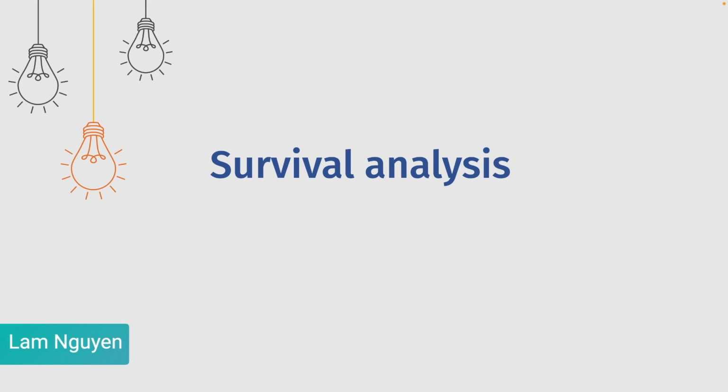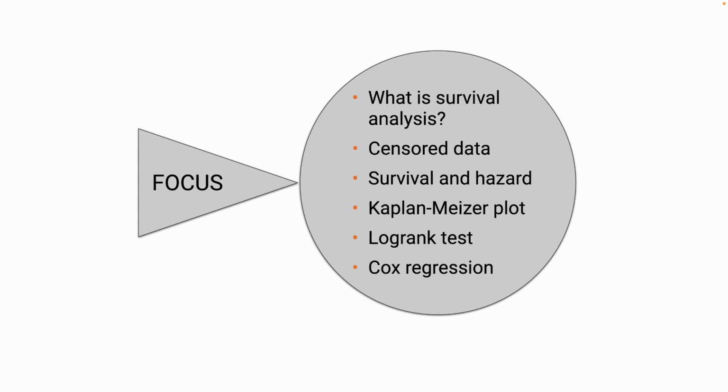Hello, this tutorial is about survival analysis. This tutorial will cover 6 main points. First of all, we are going to learn what survival analysis is. Then we will look into what censored data are. We will learn survival and hazard probabilities and learn how to calculate these values in the third point. After this, we will learn methods we use to perform survival analysis, including Kaplan-Meier plot, log-rank test, and Cox regression